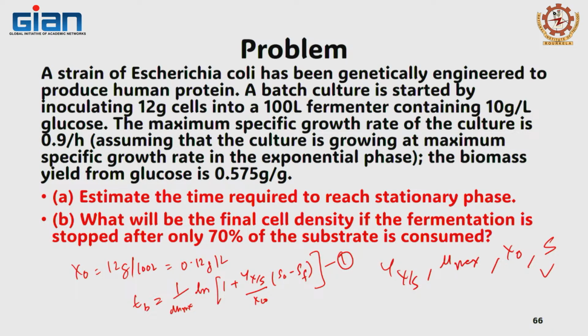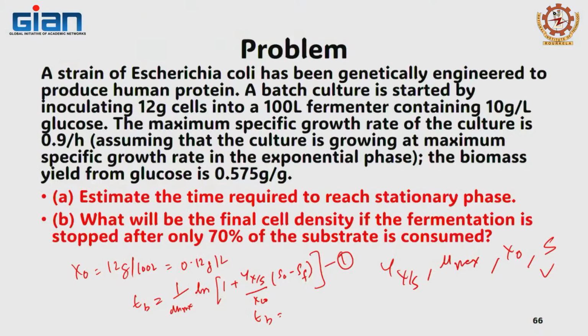You are provided with your S naught, right? We are going to assume all the substrate was consumed. So, you will find your Tb in this case to be 4.3 hours. The other aspect is what will be the final cell density if the fermentation is stopped after only 70% of the substrate is consumed. So, your xf,